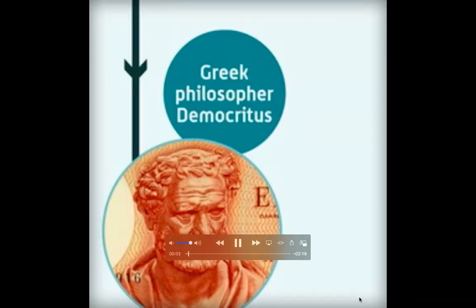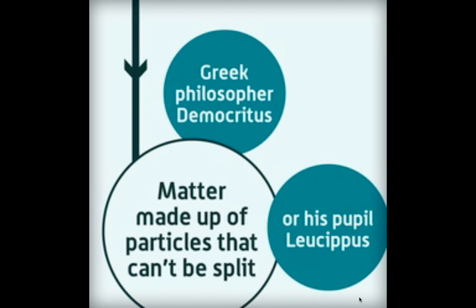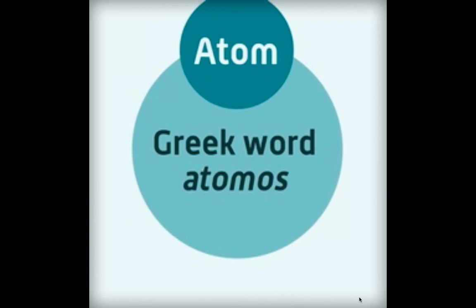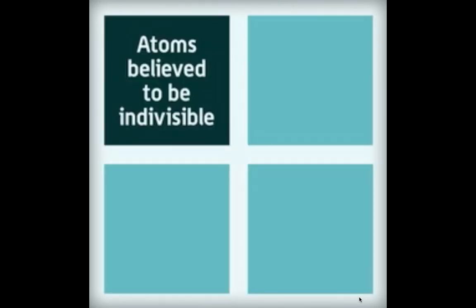It was the ancient Greek philosopher Democritus, or possibly his pupil Leucippus, who first hypothesized that matter was made up of particles that couldn't be split. The word atom comes from the Greek word atomos, which means indivisible. For a long time, it was believed that atoms truly were indivisible, that they were the fundamental building blocks of